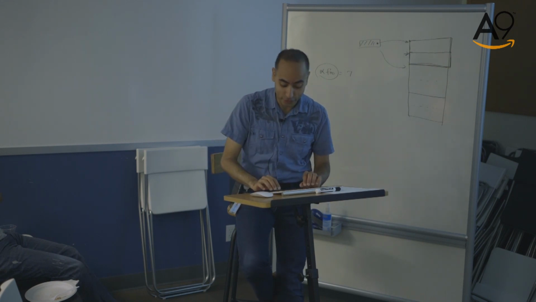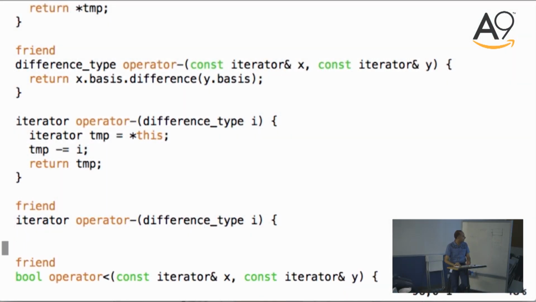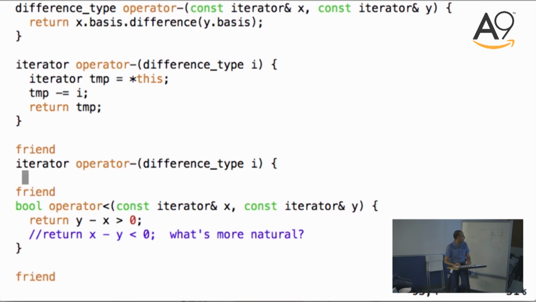Right? No? Yes? You can definitely write 5 plus i, yes. You can even write 5 square bracket i, but let's not go there. Okay, so this thing will take friend operator plus